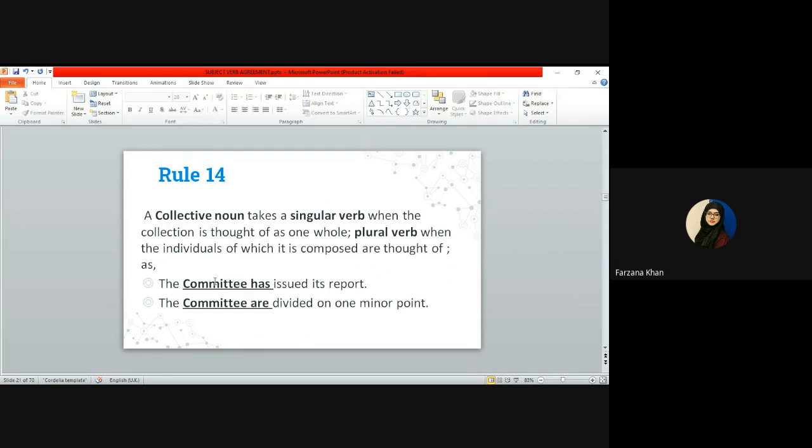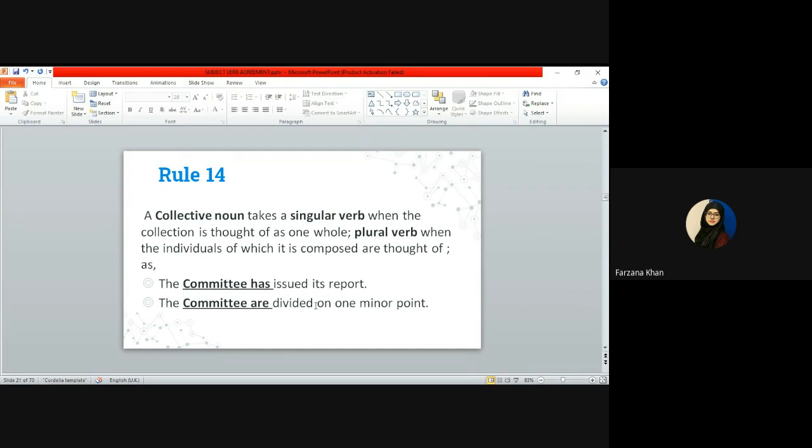So it's a unit. There are different individuals who unite and are basically issuing a report. That's why a singular verb has been used here. But in the next sentence, you can see here